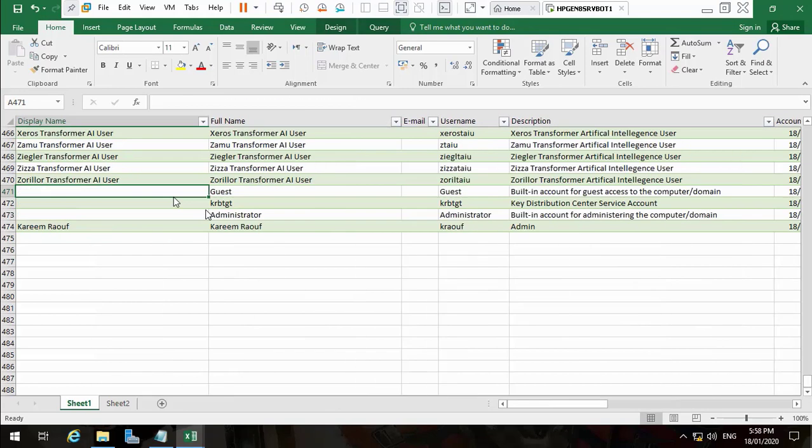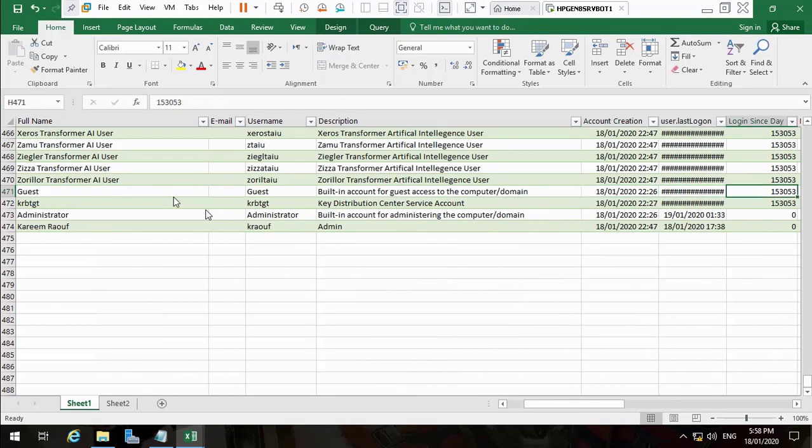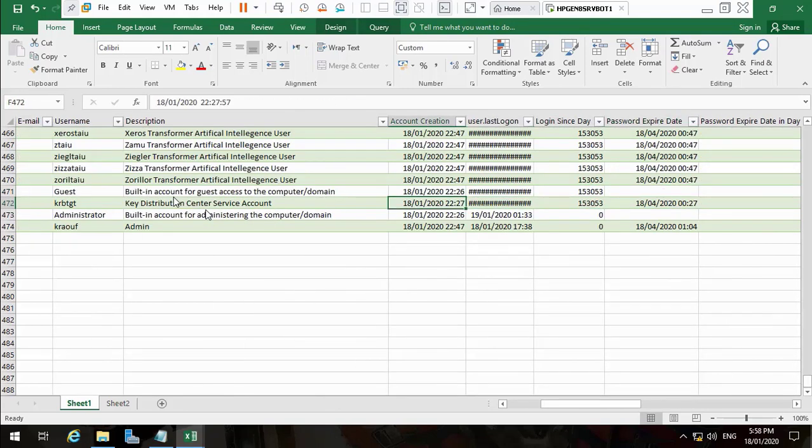You can add columns, rename columns as you need, because Active Directory contains a lot of data, but this is the data that satisfies my needs. Okay, for example, all of this dashed, that means that this user has not logged in yet, so it doesn't have a last login date. Okay, administrator. If we see here, administrator is logged in. But this 1901, because I have to change the date